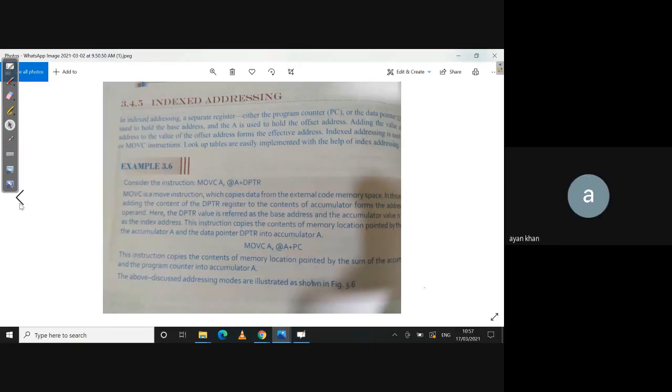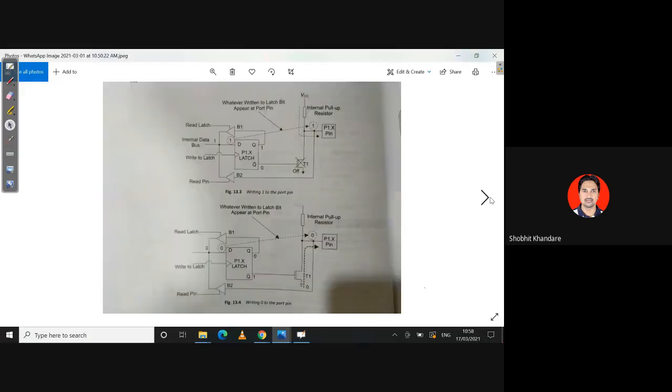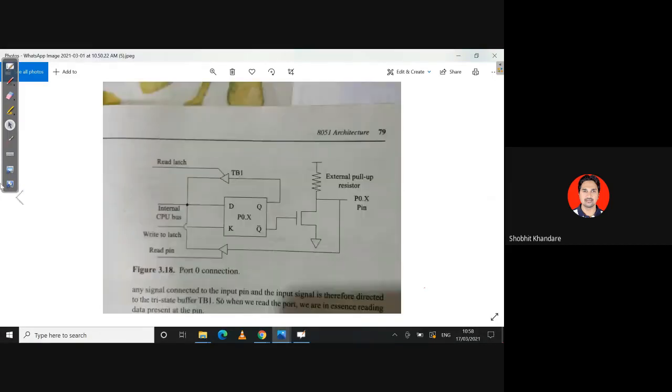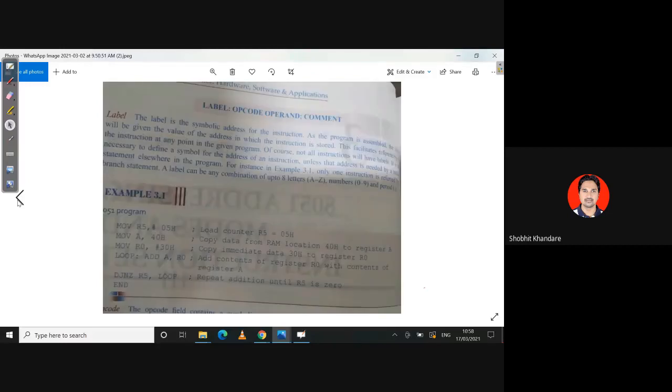Sir, can you repeat that? The 8-bit signed offset value gives an address range of plus 127 to minus 128 locations.